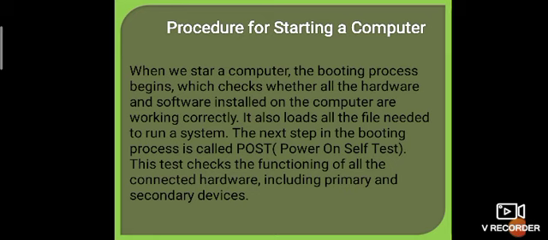On passing POST, the contents of the CMOS, complementary metal oxide semiconductor chip, are checked. It is a small amount of memory on the motherboard that stores BIOS, basic input output system, settings. The primary function of BIOS is to boot up an operating system on the computer. BIOS includes the instructions to load basic computer hardware. It is responsible for accessing and configuring the system setting like password, date and time. Once all the steps of BIOS get completed, the operating system is loaded into the RAM.